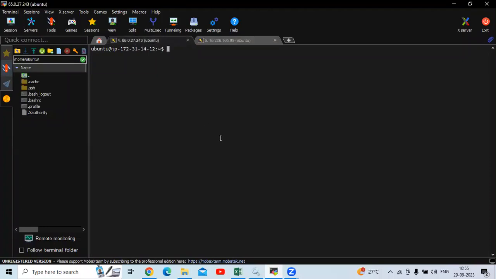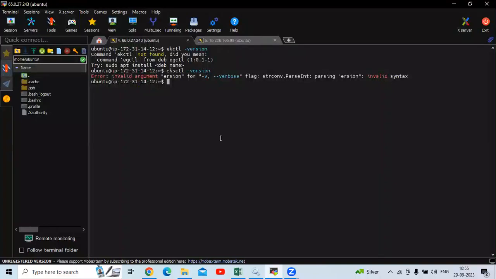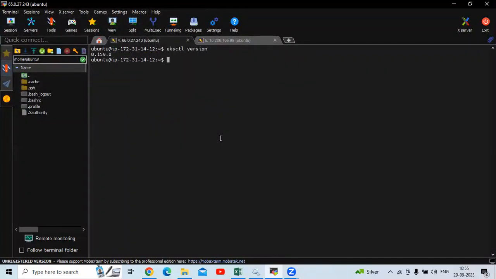If I enter eksctl version, sorry, eksctl version, right? You can see if I run the command eksctl version, you can see the version, right? That means you have successfully created AWS EKS